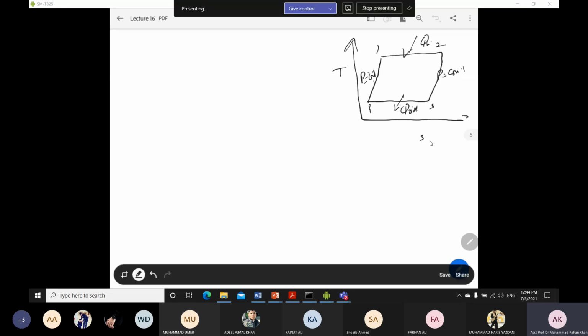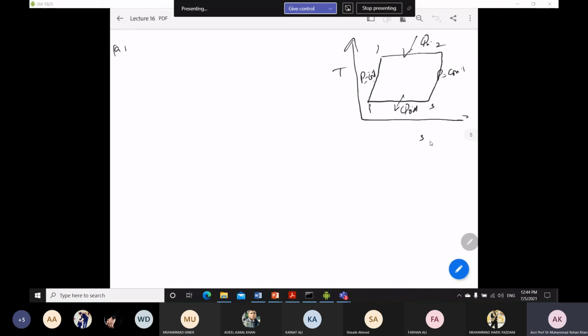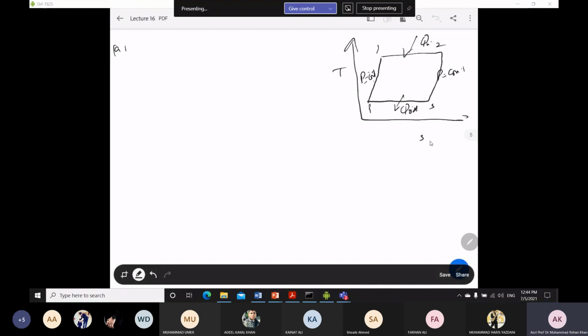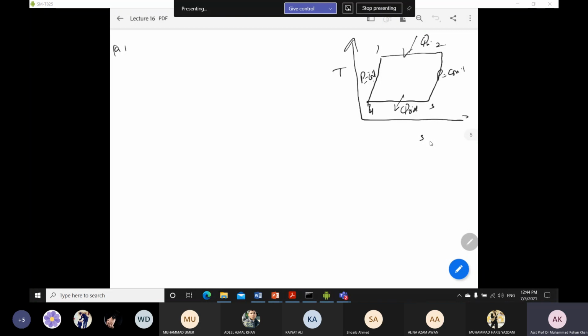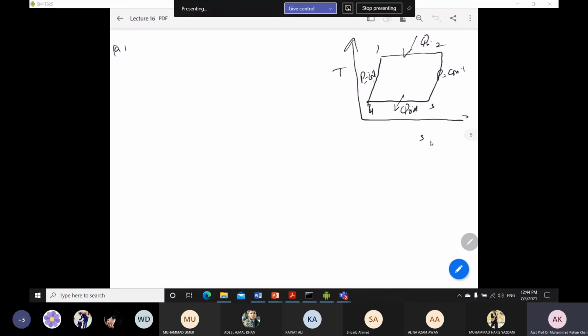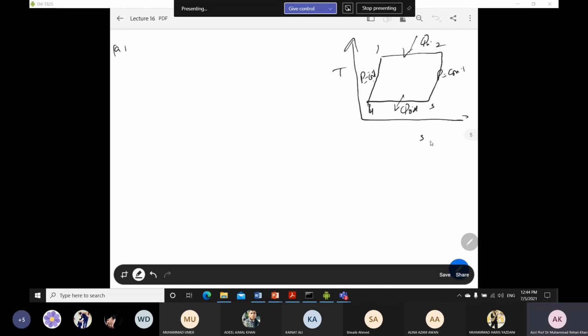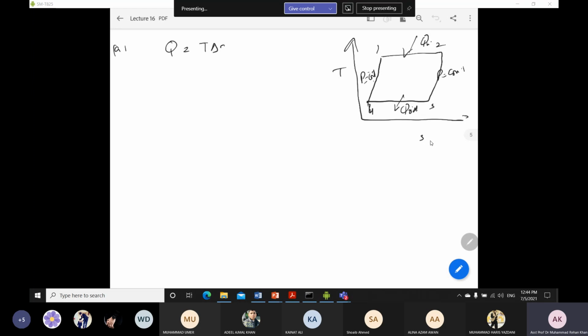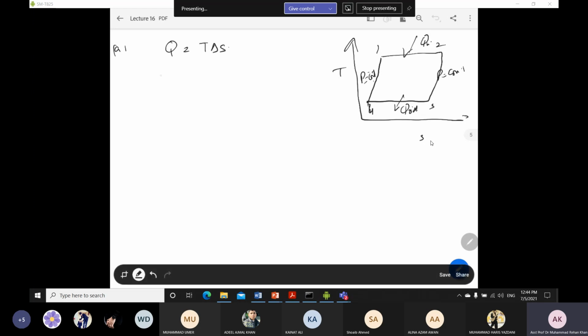So the TS diagram of Ericsson cycle is over there. Okay, so from the part A, you have to find the pressure at point number 4. At this point your pressure is maximum. Now we can apply one relation, which is we already know that Q is equal to T delta S from the previous example, and from here we can say that